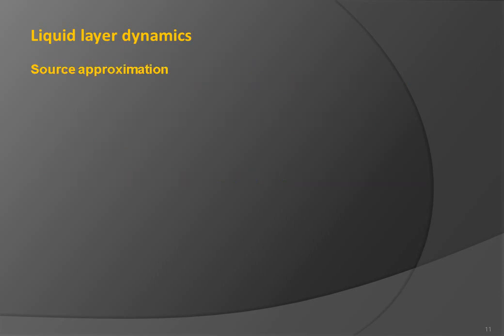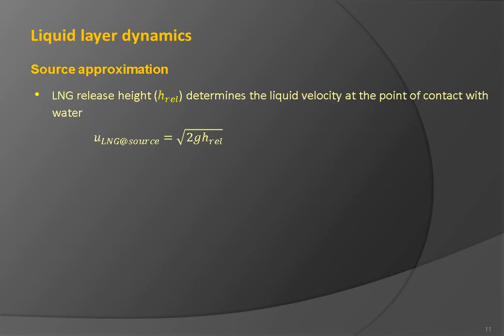Let's look first at source approximation. The LNG release height, H REL, determines the velocity of the liquid at the point of contact with water due to free fall acceleration. The higher the location of the initial release, the larger the liquid velocity at impingement. The main assumption is that kinetic energy of the impinging jet is preserved, and that no additional surface mixing significantly decreases its flow velocity. This affects the LNG spreading rate and thus represents a conservative assumption. Namely, a higher spreading rate leads to a higher rate of evaporation and therefore to a larger cloud of gaseous